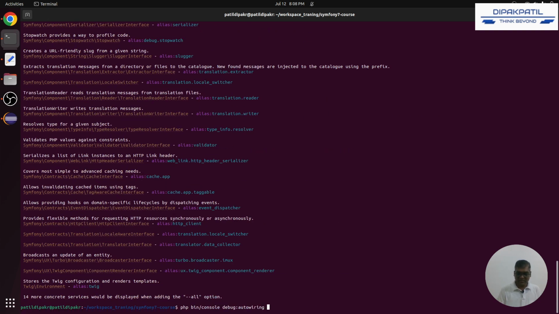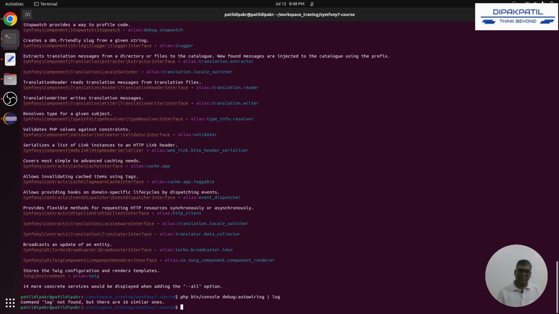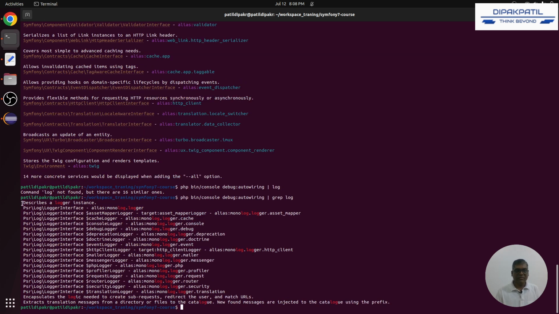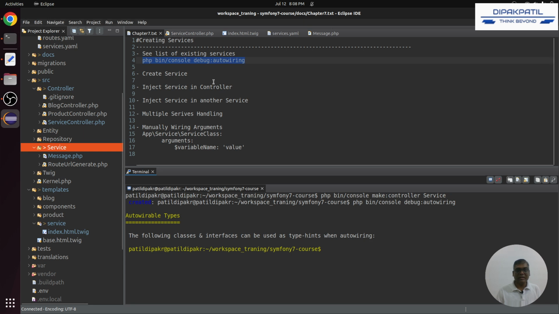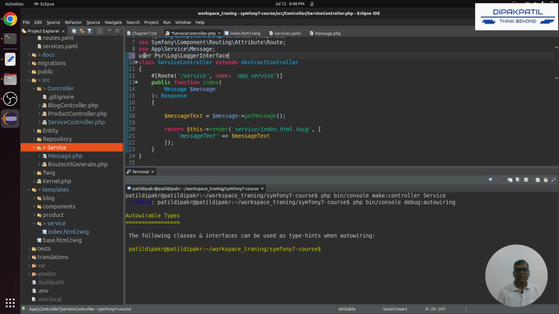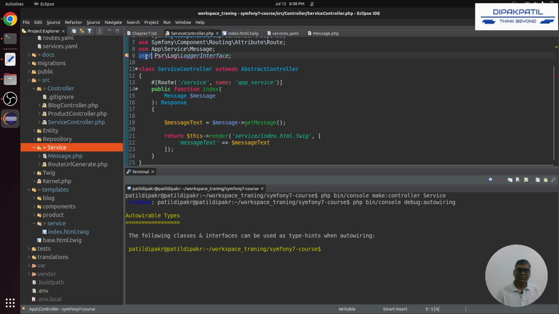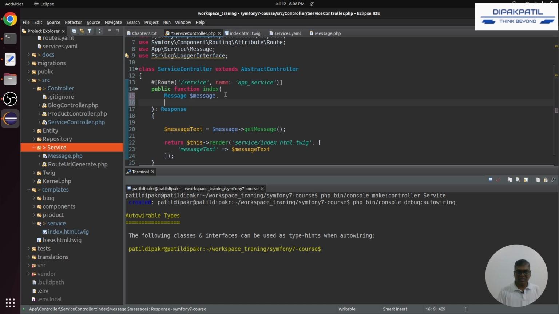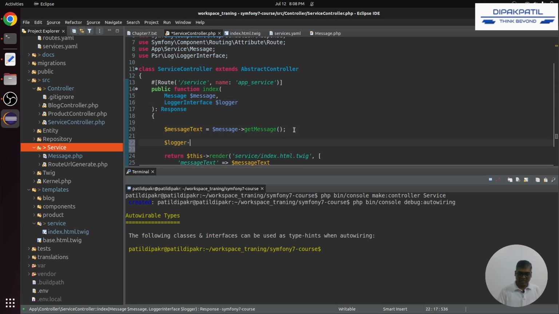So let's check the log. When I check, we have logger related services. So let's use the logger. I'm going to use that in our project. This is an existing service that we are going to use in our controller. As we know, the use of this service is to log some data into the log file. So what I'm going to do is logger.debug